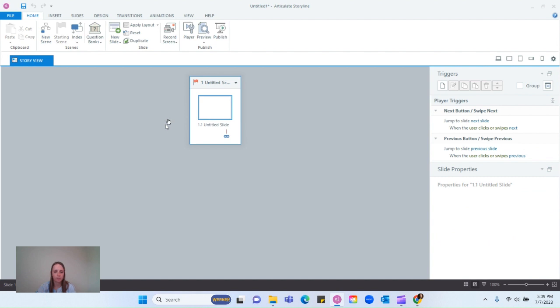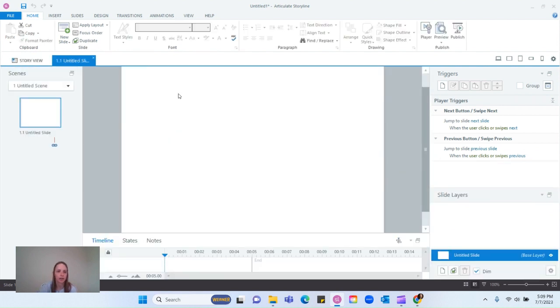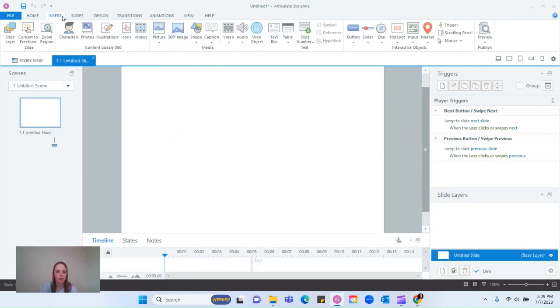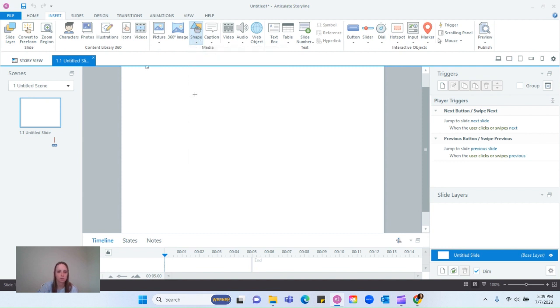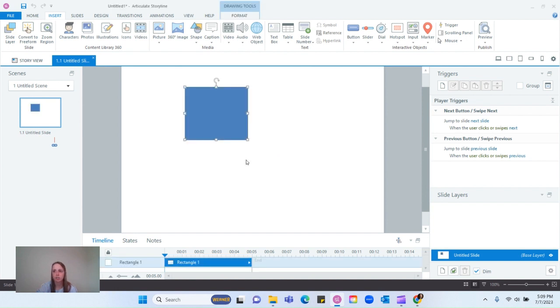We'll go ahead and open up our slide as well so that way you're able to have a bigger view. I'll click insert and I'm going to go ahead and just do a basic shape. So I'm going to go ahead and draw out a shape. And then to create a new trigger, I'm going to go ahead and come over to this toolbar labeled triggers. I'm going to click this one that looks like a page and click it. A window will appear